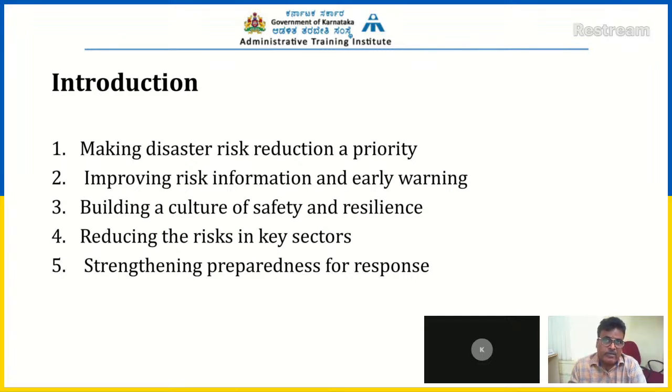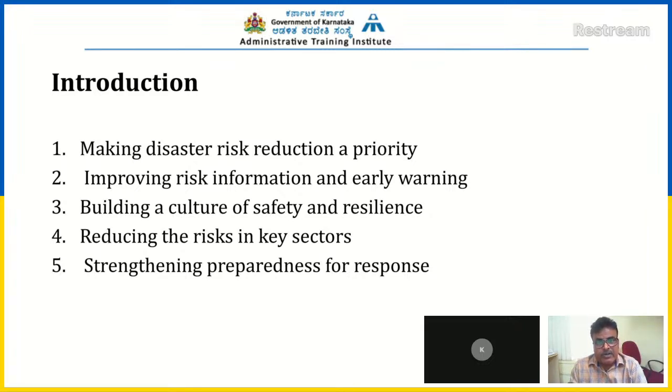Early warning means, for example, during a cyclone, we have early warning systems. Weather stations and radars give information regarding the wind speed, in what direction and with what speed it is moving, and whether it is likely that the Mangalore coast is going to be hit by the cyclone in the next 2 hours, 4 hours, 6 hours, 24 hours, the next 3 days, the next 7 days. All this early warning is given by the Indian Meteorological Department, IMD as we call it.